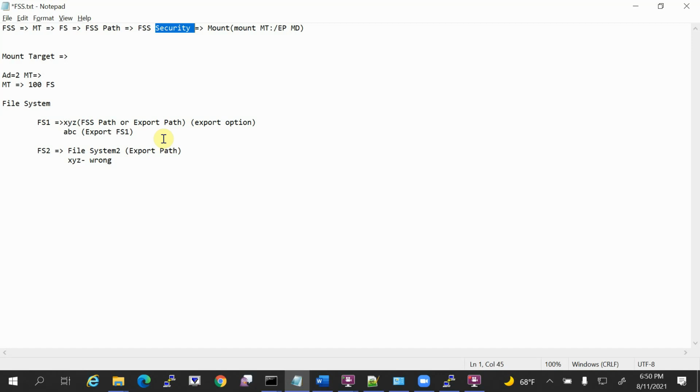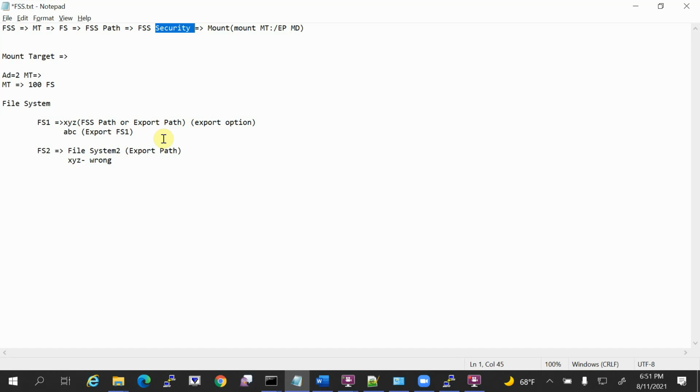So what we understood so far, you can create a mount target in an availability domain. In each availability domain you can create a maximum of 2 mount targets.